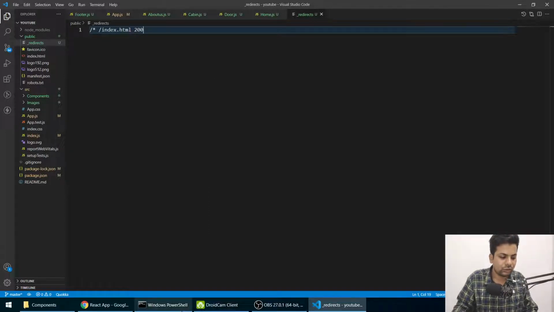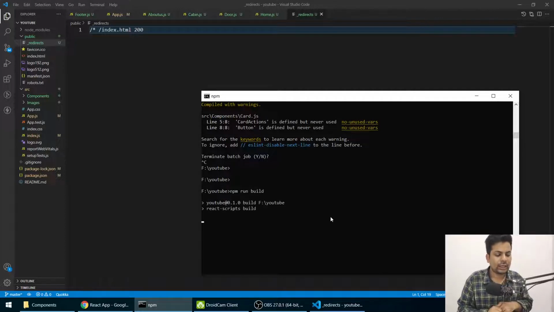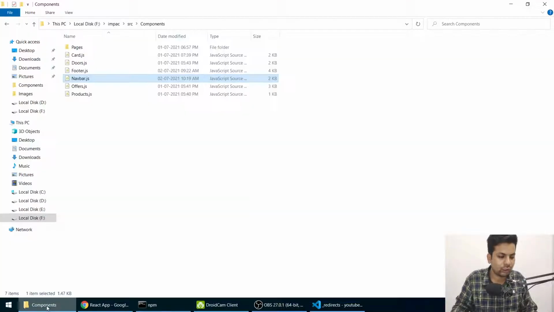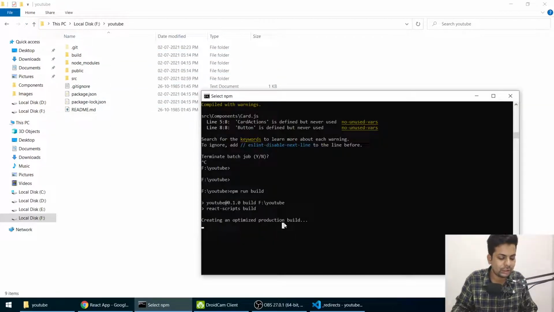Now we'll go there and we'll say npm run build, and it's working on it. So we'll get a folder called build here if everything goes well. So it's going on.